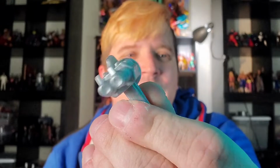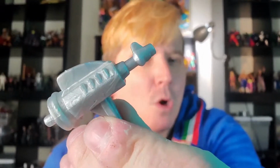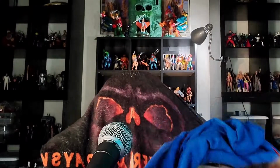All right, so you got the gun here. Cool. I mean, it looks awesome. It's got kind of that marbled look that we've seen in a lot of the toys recently, and you've got his kind of claw thing here. Good detail. It's awesome. I like it. We're going to put those aside for now, and we're going to get Mr. Roboto out of his package,